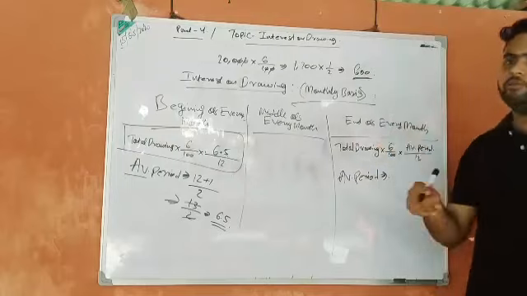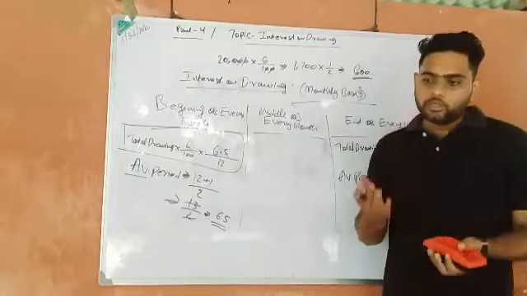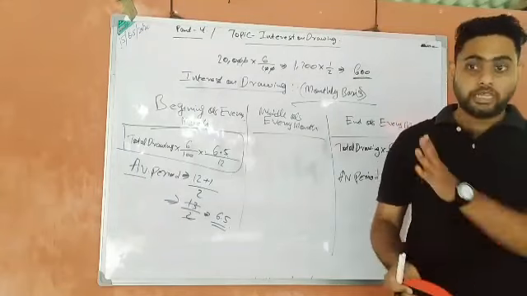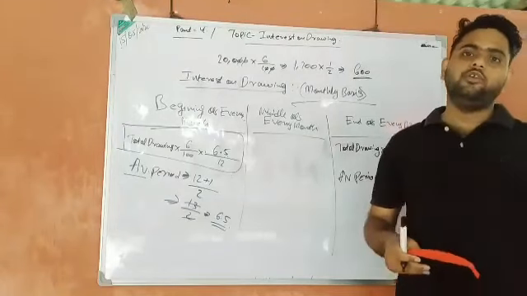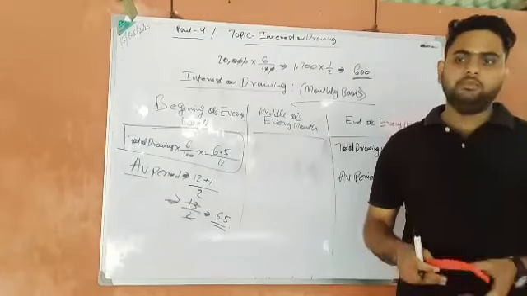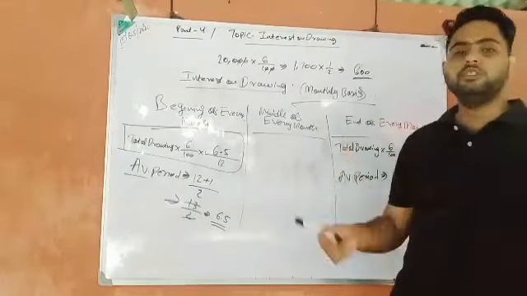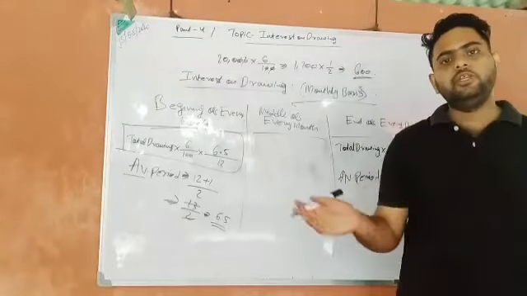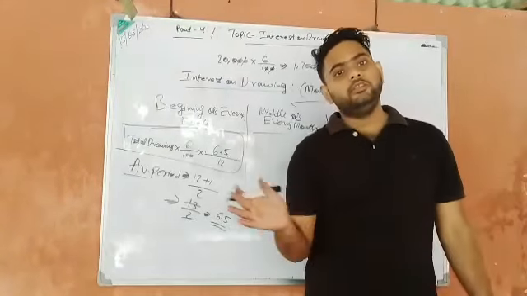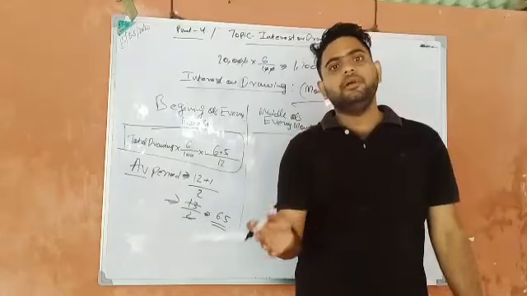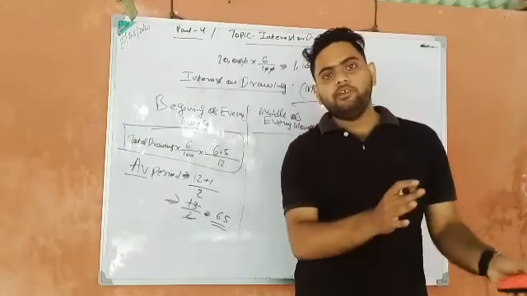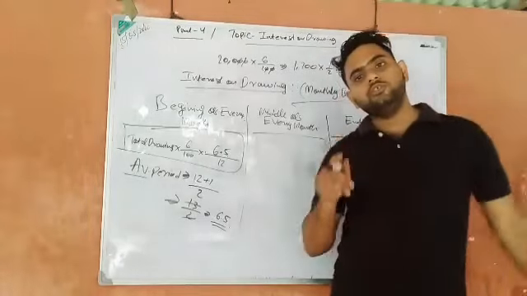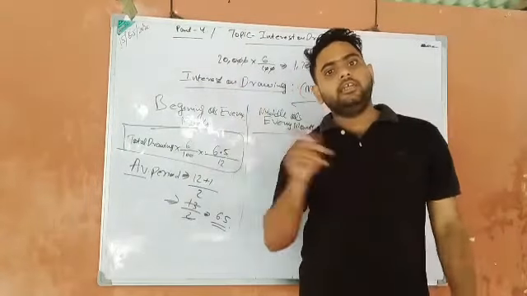So you see, end of every month. End of every month means what? If you take January, the drawing will be there on 31st January because it is the end of every month. So the last date of drawing will be on 31st December. Because at end of every month drawing will be there, at the ending of every month. In January, on 31st January, in February, that will be 28 or 29, in March, 31st. Just like this, end of every month signifies that. So for calculating average period, we must know the beginning date and the ending date.